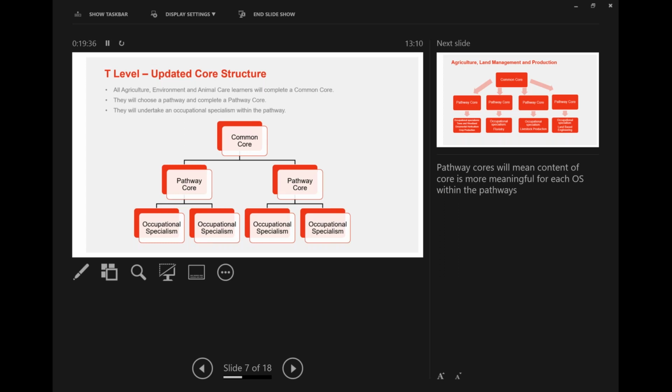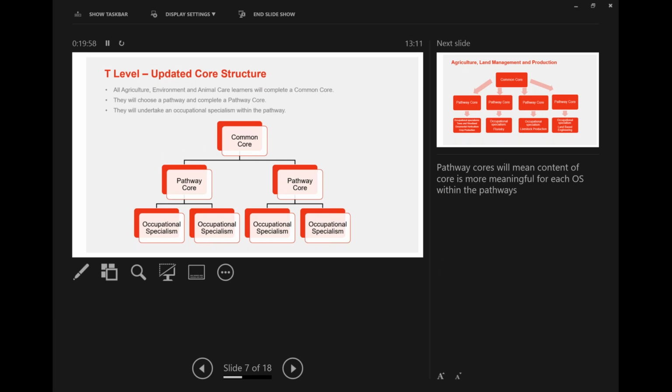But then there will also be a pathway core assessment. And that pathway core will pull information and knowledge from the occupational specialisms on that particular pathway. And there may be more than one occupational specialism on a particular pathway.